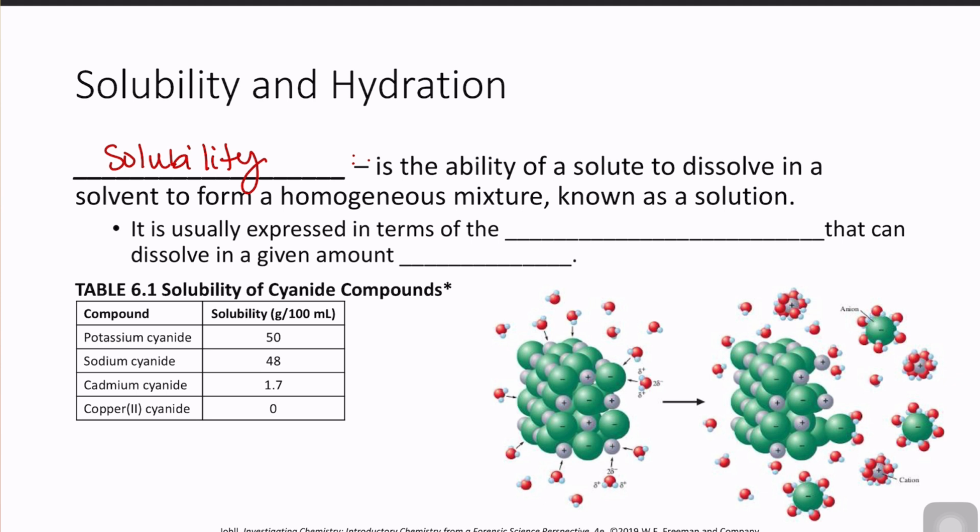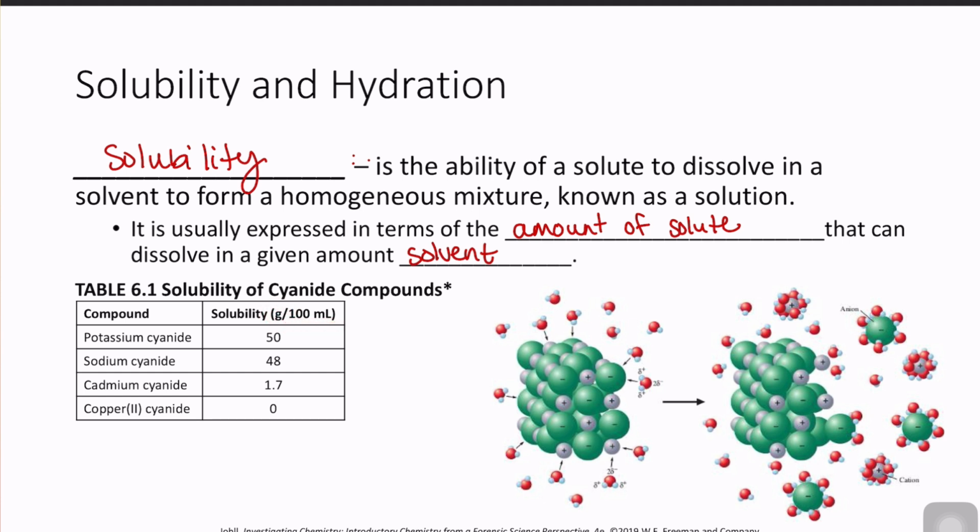Generally, it is expressed in terms of the amount of solvent or the amount of solute that can dissolve in a given amount of solvent. In this table, we can look at the solubility of cyanide containing compounds in grams of solute per 100